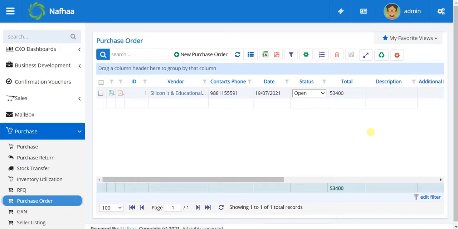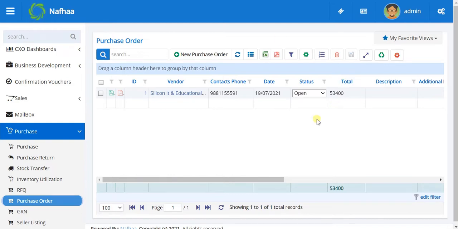In this tutorial, we'll be seeing the purchase order module. Purchase order is also commonly called PO. It's located under the purchase section over here, and you can even open it or find it using the search box. Just type purchase order here, and you'll be able to see this link. Once you click on this link, this page is displayed.